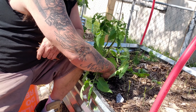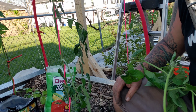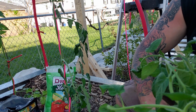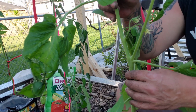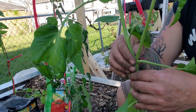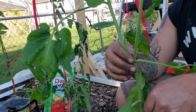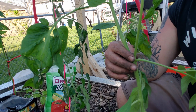Pinch of fertilizer, move that mulch back in. All right, guys, I just wanted to show you, was it this one or this one? I think, oh, it's this one here. All right, now here's a tomato plant that I have growing, and I'm gonna plant it just like I did all the other ones. I'm gonna remove these bottom stems down here for about the first 8 to 10 inches